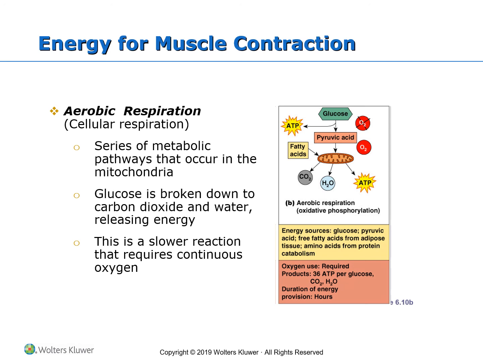So you can see that those are my main types of, I can use glucose, pyruvic acid, or free fatty acid, and those are my main sources of energy. Once we are producing ATP in the presence of oxygen, you can see that per each molecule of glucose, I can produce 36 ATP molecules, quite a lot. And remember this number, 36. This is a process that can ensure energy for that area, for those cells in the body for hours. Now